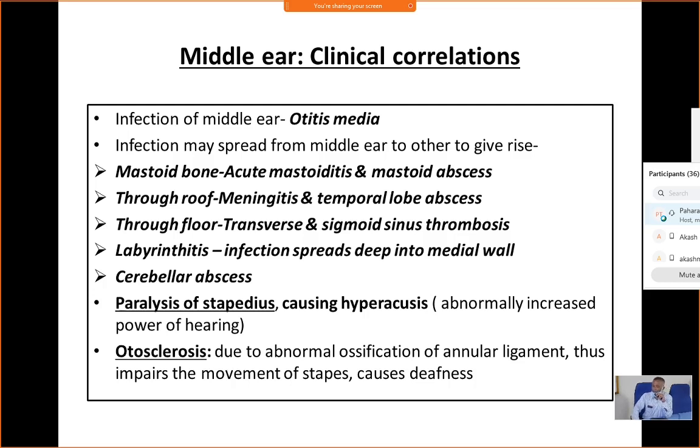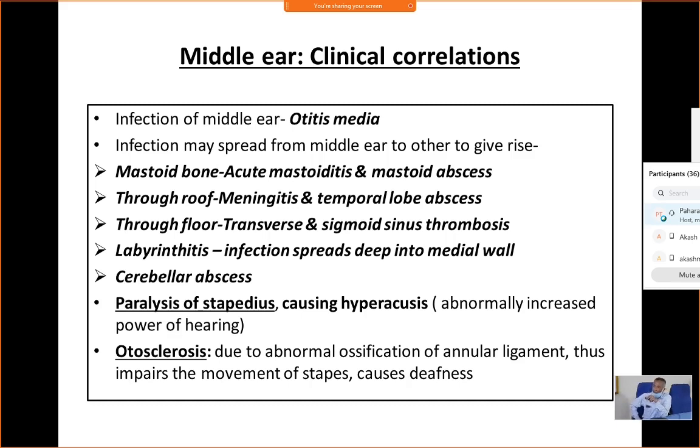children, because when they take a bath, water goes inside through the external acoustic meatus, and ultimately it may get infected in the middle ear also. Though water cannot go inside, bacteria or any foreign particle may go through the water, then infect the membranous part of the tympanic membrane, and ultimately these may go to the middle ear cavity. Then infection from the middle ear cavity may spread. Where may it spread?